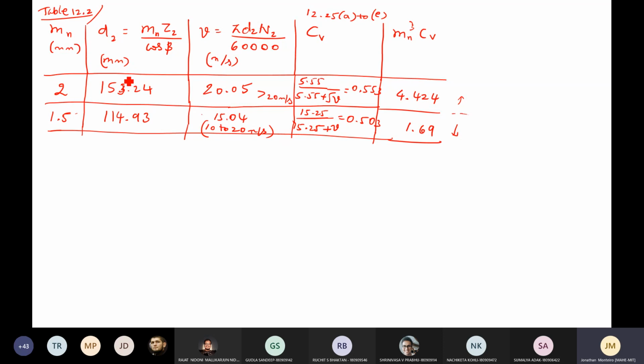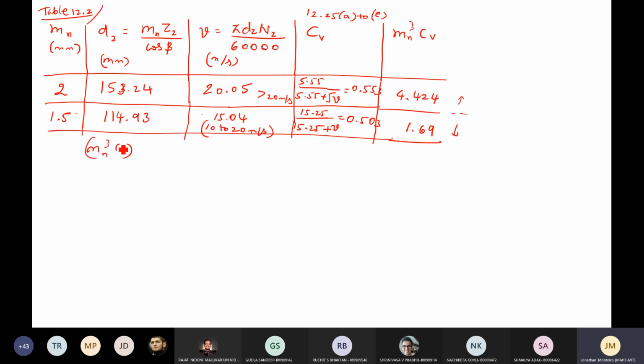So preferred choice 1 is 1.5. You do have 1.75, but that is choice 2, so we'll not go for that. Maybe 1.75 will just go above 2 or even touch 3. I don't have the calculation with me here because anyway we are going with choice 1. So according to choice 1, even if it is 2, no problem, it is in the safer region, double than what is required. 2.2 is required, it is 4.4.